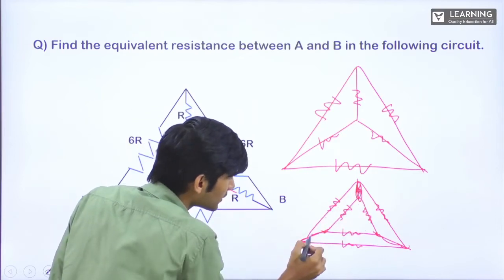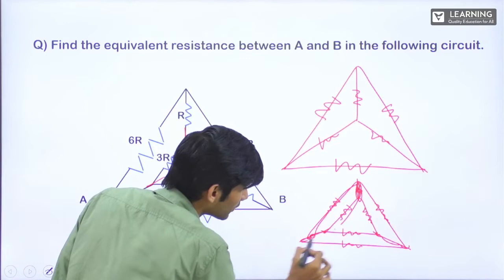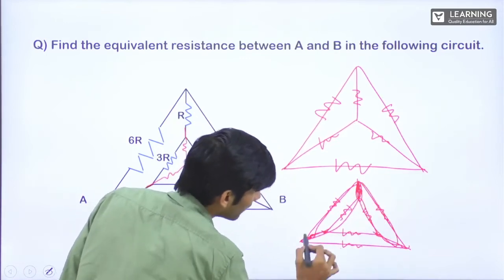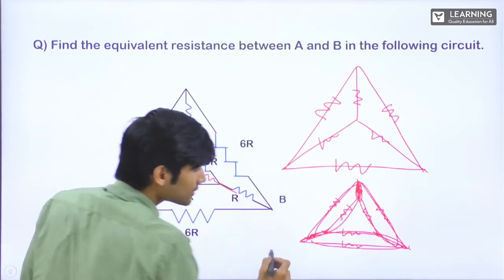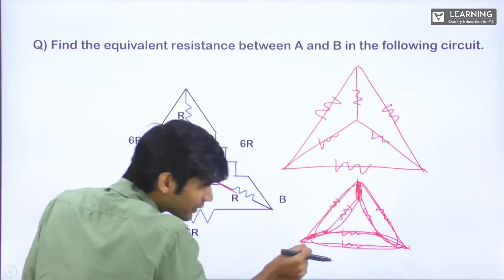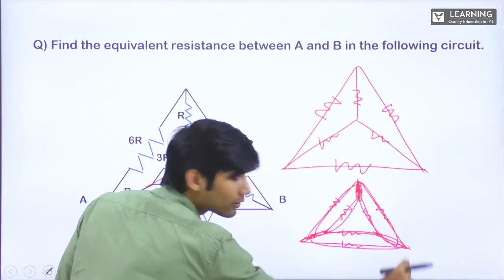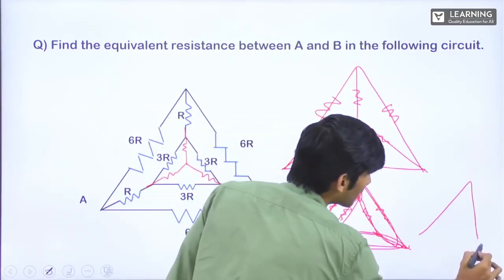If I consider this and this point as same, this is one, this is one. These two are in parallel. These two are in parallel. These two are in parallel. Solving these two, I'll get one resistance in this arm. Solving these two, I'll get one resistance in this arm. Solving these two, I'll get one resistance in this arm. Finally, I'll get a triangle